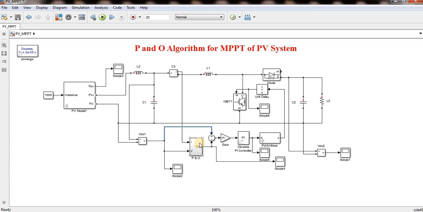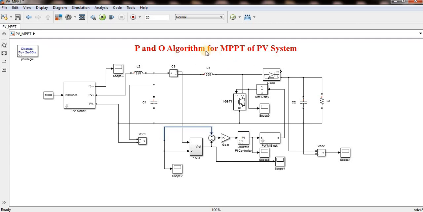The same P&O algorithm can work for the wind turbine also, but we have to make small corrections. Instead of voltage, we have to take the current, because there is a relation between speed and current. Here it is the relation between power and voltage. Like that, in incremental conductance we can take the currents. It is another issue, but with the P&O algorithm the approach will be different from network to network, circuit to circuit. I will explain the simple P&O in my further videos. I will explain some other logic with the same P&O algorithm.